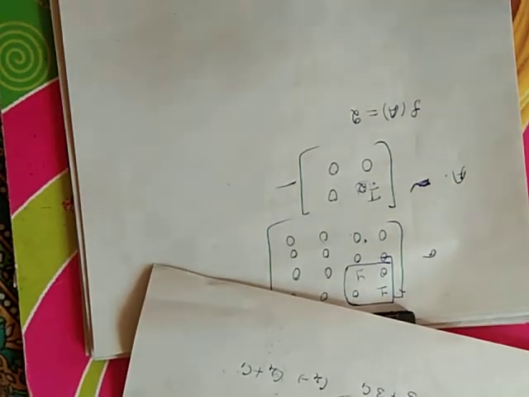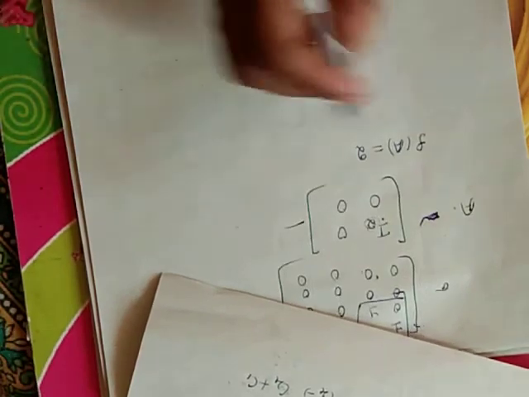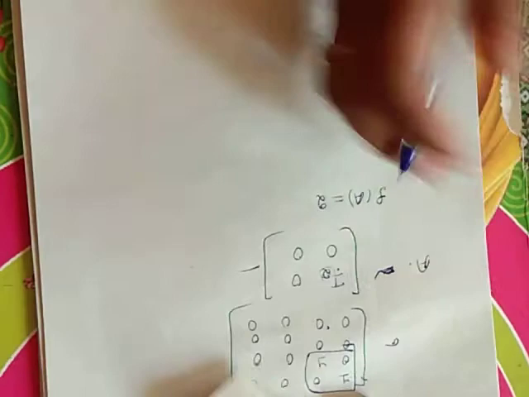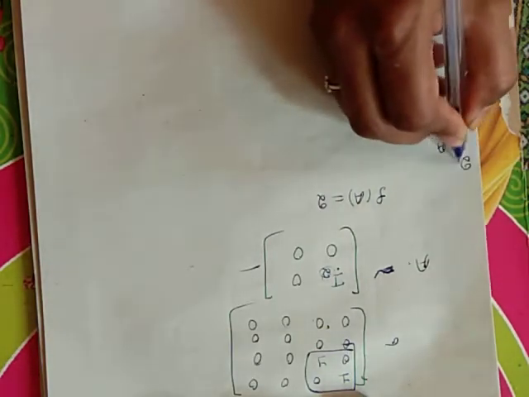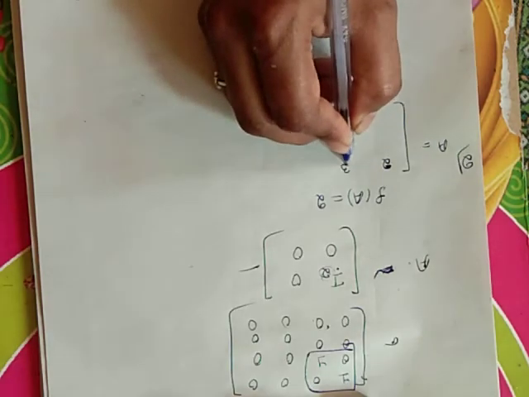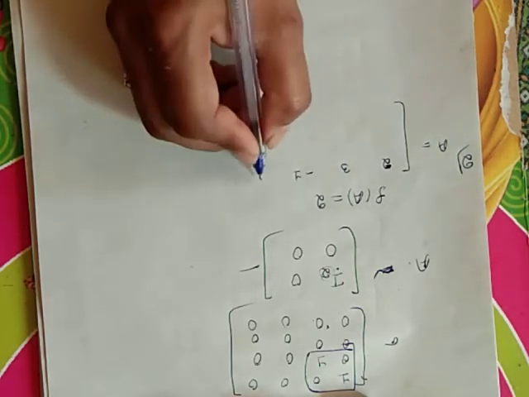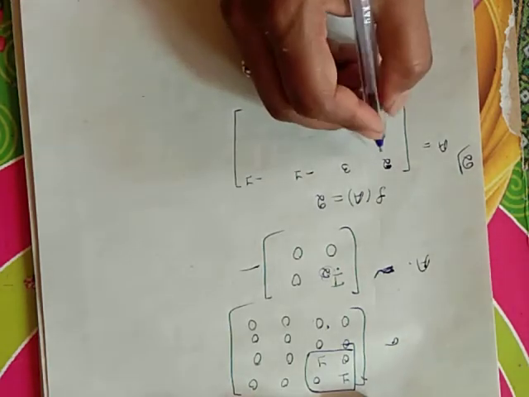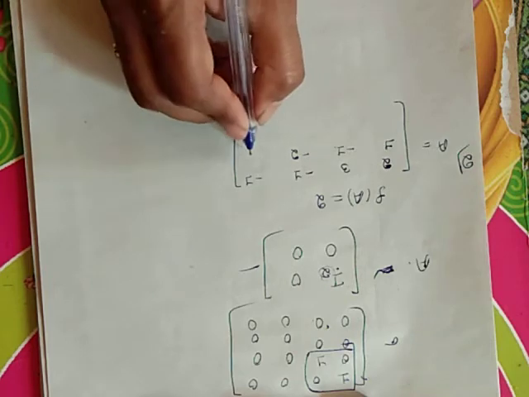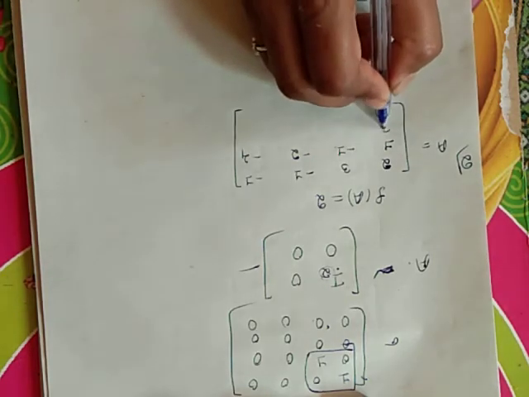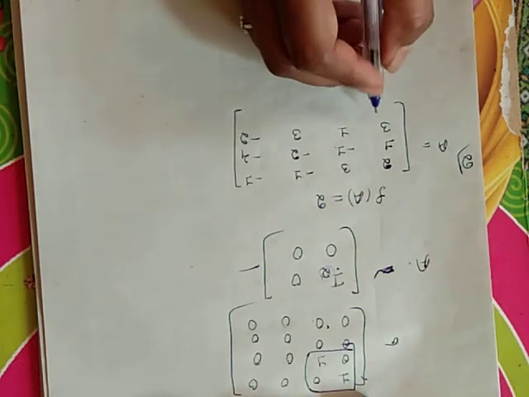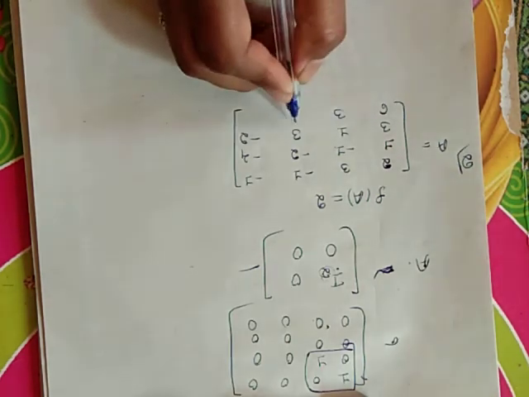Now take one more example of this part, that is A equal to 2 3 minus 1 minus 1, 1 minus 1 minus 2 minus 4, 3 1 3 minus 2, 6 3